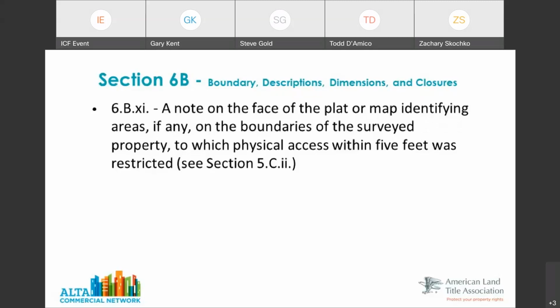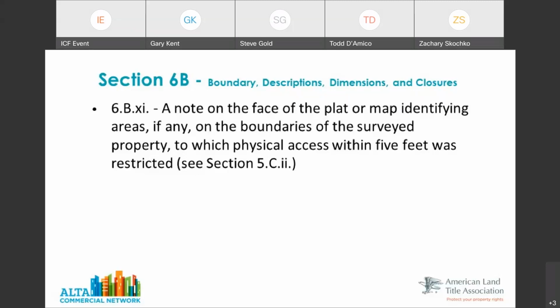Maybe there's a high brick wall or a tall fence, or you can't get access. You can't see in there. Maybe there's a building. And the assumption here under 6B11 is if we don't show something, you all are going to assume there's nothing there. Well, the reality might be that we didn't show it because we couldn't see over there.